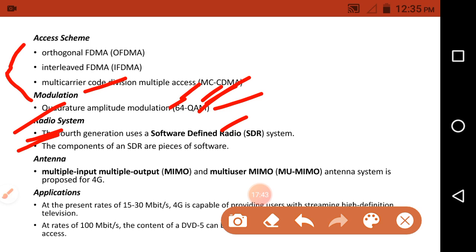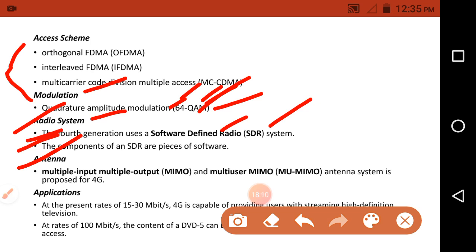By changing the program we change the frequency and avoid the disturbance or interference. That's why we use the software defined radio system, a program defined radio system. That type of radio system is used in 4G technology. Okay, and the next one is the antenna.